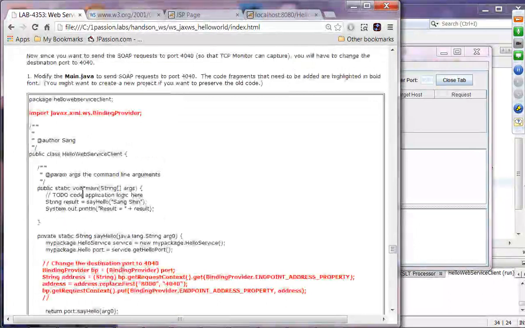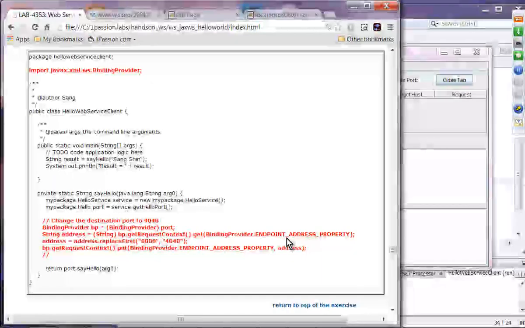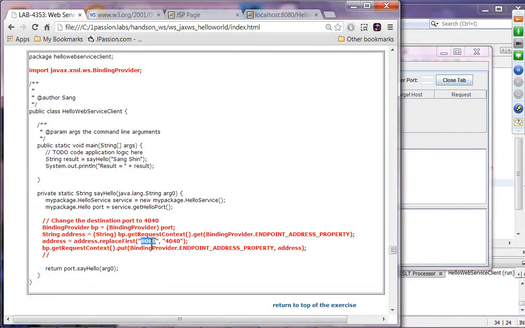Now we have to change code in the client so that instead of sending the message to 8080, we change the destination port to 4040. The way you can do this is to have a binding provider object, and then set the endpoint address property with 4040. Don't worry about this code for now. Let's just copy this code,